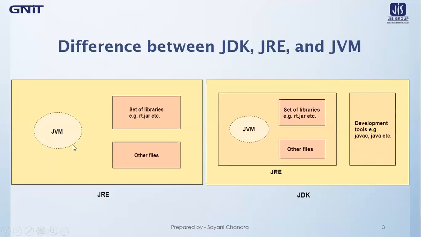So JVM is the interpreter here. This is a virtual machine that actually doesn't exist. The JVM is contained within JRE. If JRE is not there, JVM cannot execute any bytecode in order to produce some output. So this runtime environment is very much needed in order to do the execution or interpretation by JVM. This JRE is then again contained within the JDK. So JDK basically contains JRE and some development tools, and JRE contains JVM and some libraries and other files.